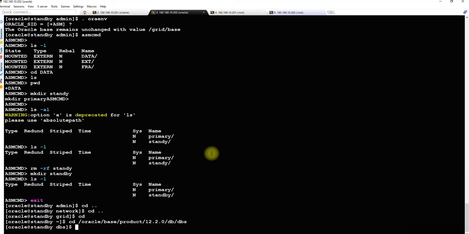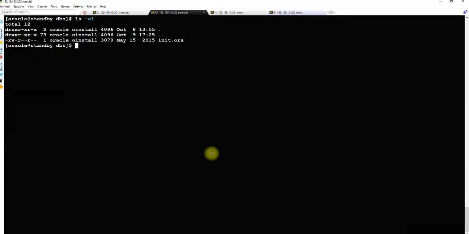As we all know, the ORACLE_HOME/dbs location is where, in a single instance environment, the SP file, the init file, and the password file are located. This is where the Oracle database looks.